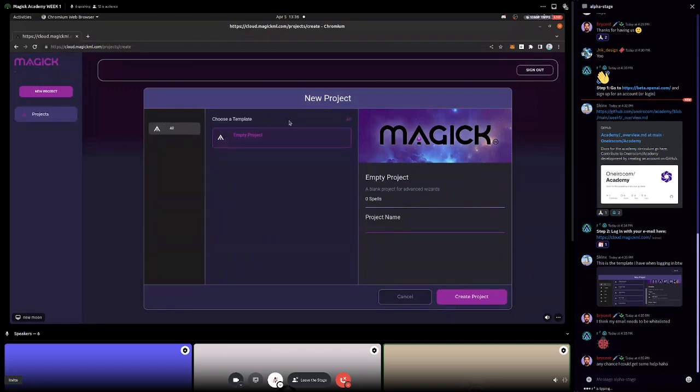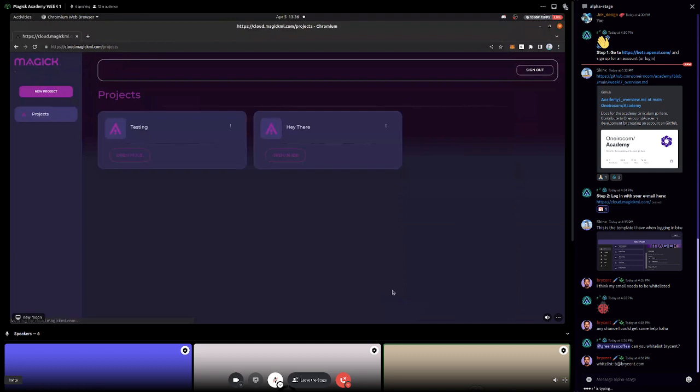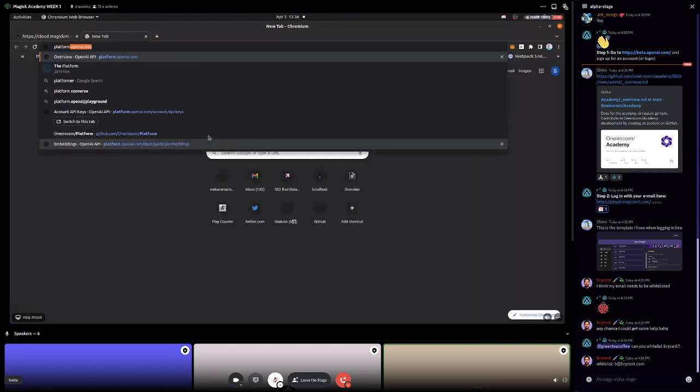If you are struggling with being whitelisted, one of the members of the team is checking the chat. Just post in your chat, and Ryan or somebody else will help you out. While that's going, we'll come back to this, because a couple of people are going to need some help getting here. We're going to visit our other website that we need to get some access to.